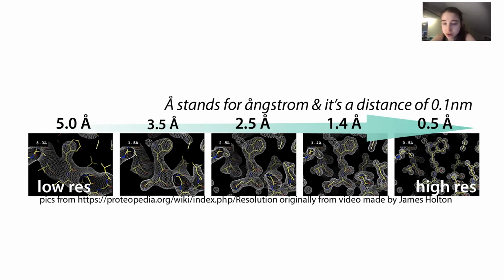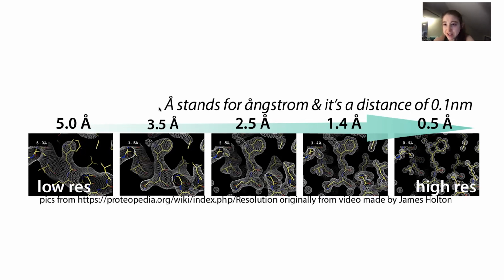So the carbon-hydrogen one's the shortest. And so if we can see all of those, then it's true atomic resolution. But typically with X-ray structures, we're talking more around the 2-ish range. It depends. With smaller structures, you often get a higher resolution. When you're talking about big complexes where you have